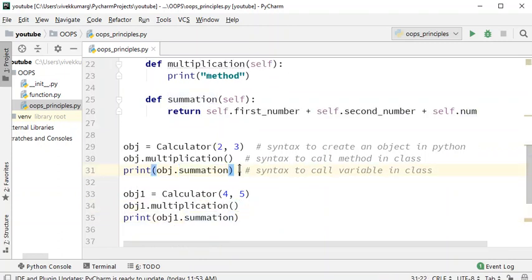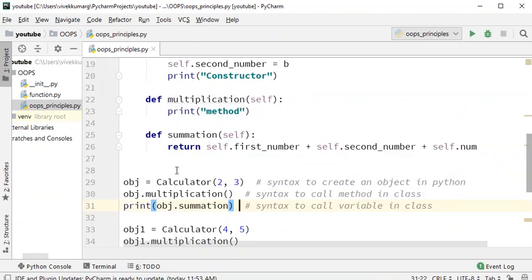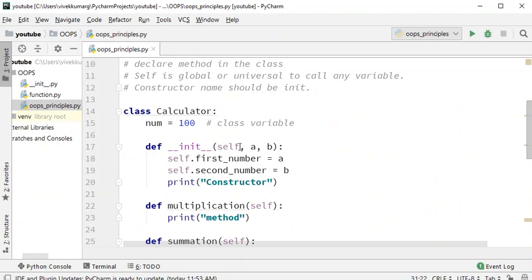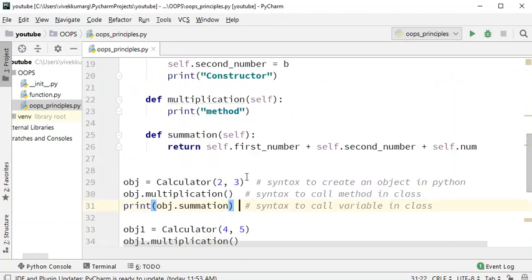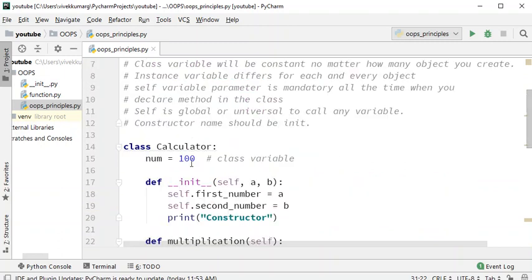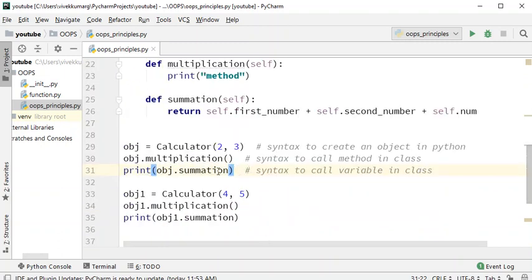Okay, so the output of this will be 2 plus 3, because this obj will be passed here, and obj dot this value will be caught in here. So first number will become 2, second number will become 3. So 2 plus 3, 5, plus sum dot num 100, so we'll get 105.